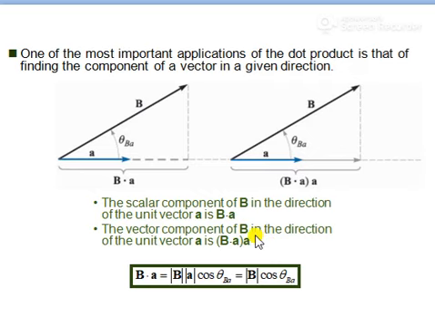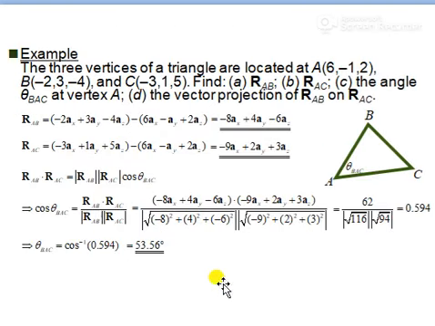And one more application is you can determine the angle between vector a and vector b. Cos of theta b a can be equal to vector a dot b divided by modulus of vector a into modulus of vector b. Now let us see an example. The vertices of a triangle are located at A (6, -1, 2), B (-2, 3, -4), and C (-3, 1, 5). Find RAB,